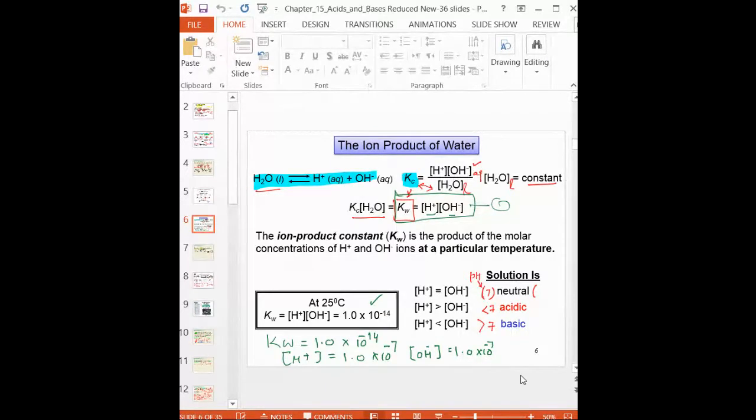So K times the water concentration is equal to Kw. This is the water constant. You should know that it is equal to the concentration of the proton multiplied by the concentration of the hydroxide ion. The value of Kw is 1.0 times 10 to the minus 14. So H plus is 1 times 10 to the minus 7, and OH minus is 1 times 10 to the minus 7. This depends on the pH, right? If both ions are equivalent, that means the pH is neutral.